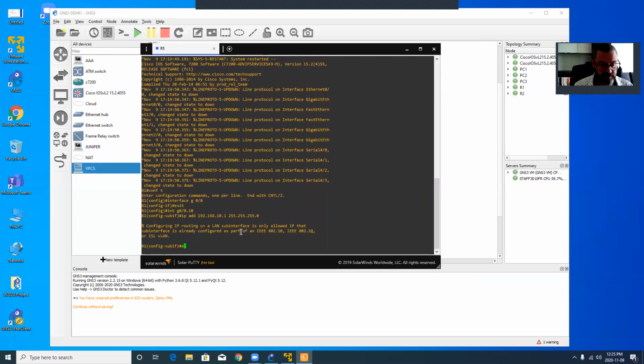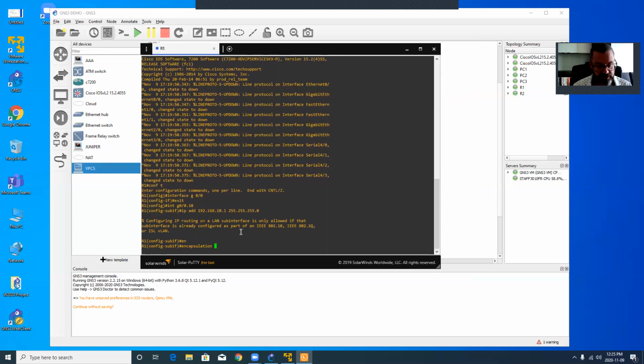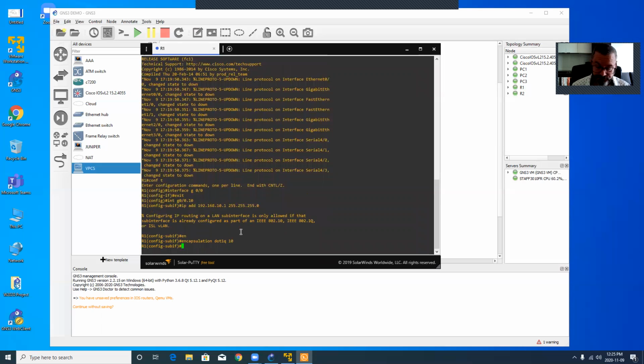Oh, and of course I need to do my encapsulation first. So encapsulation is going to be dot1Q. If you don't know what dot1Q is, it's 802.1Q, and that's the VLAN tagging encapsulation that we could use. So encapsulation dot1Q, and this sub interface is going to be used for VLAN 10. And IP address 192.168.10.1